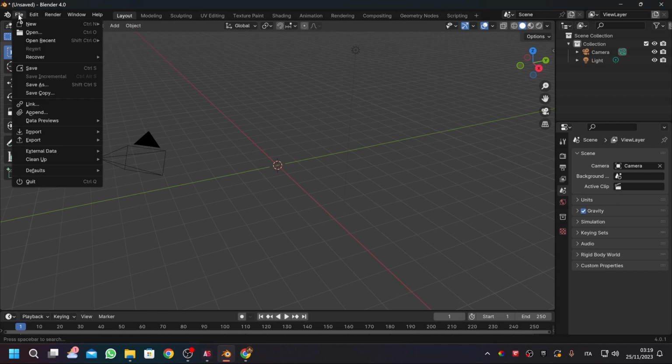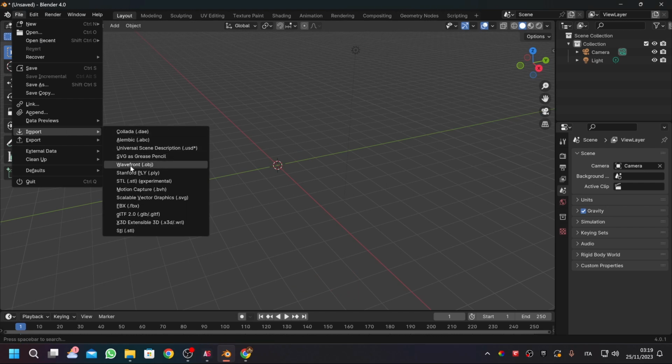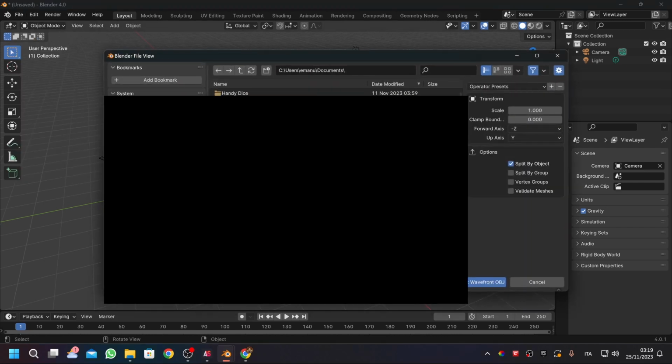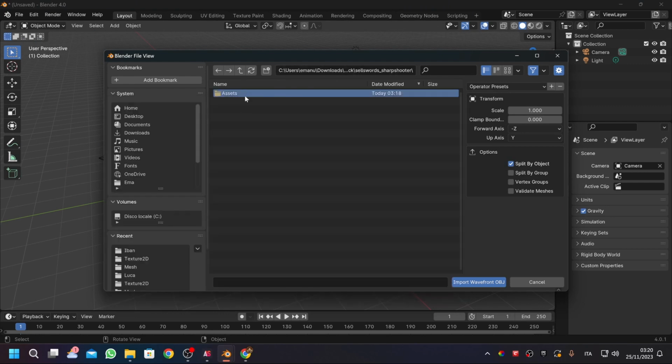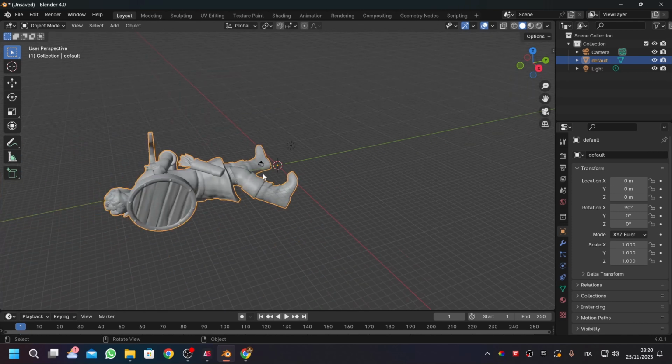So from here, what we have to do is import Wavefront OBJ, and from here we just need to go to the folder, okay, Sharpshooter, assets, and go to mesh, and there is default.obj, it's an object, import, and voila,